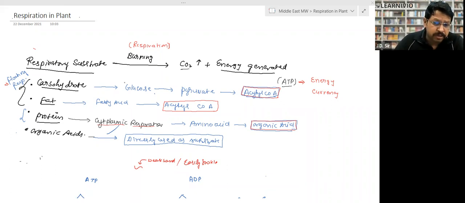Now, in the same way, fat will break down into fatty acid. Then fatty acid will break down into acetyl coenzyme A. Then it will be used as energy. Again, protein will break down into amino acid, into organic acid, and then it will be